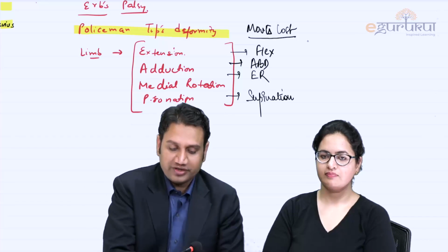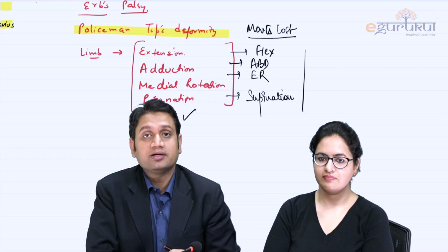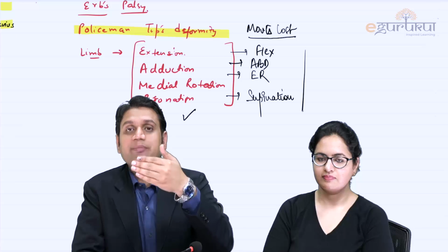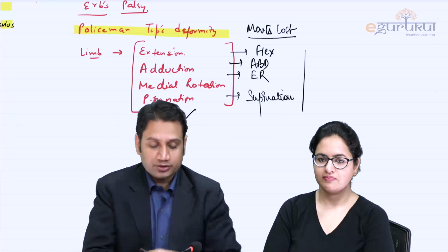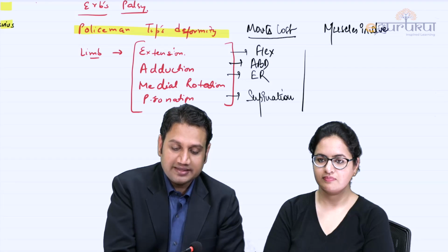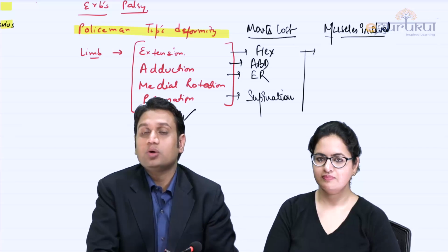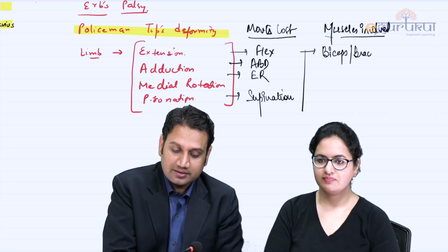Number 3, they can ask you very cleverly, name the muscles involved, right? Or they can simply give a table or options, four options, A, B, C, D. Which of these is not involved in Erb's palsy? So third would be, what are the muscles involved? The muscles involved in Erb's palsy, number 1, if the flexion of elbow is involved, what are the muscles responsible for it? Number 1, the biceps and the brachialis.